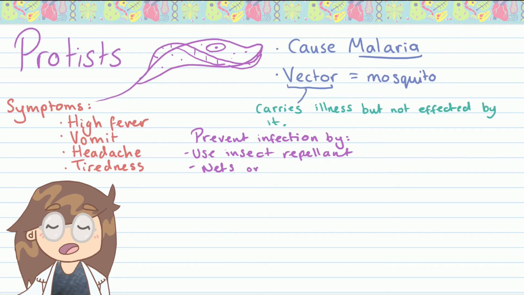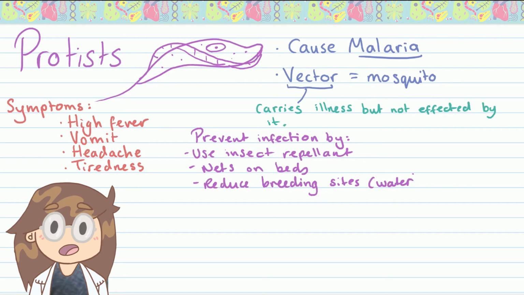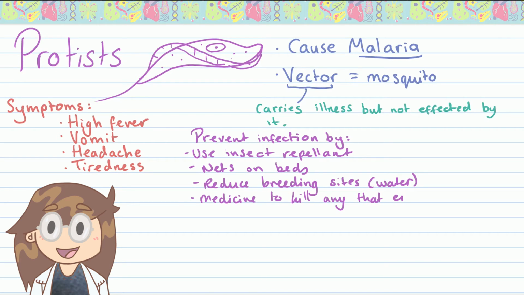So using insect repellent, making sure arms are covered so mosquitoes can't bite you as easily, using mosquito nets at night, destroying places where mosquitoes can lay eggs. They love water, so any areas of standing gross water are like an incubator for mosquito larvae. There are also medicines you can take. So if you've ever been to a country that has malaria, you might have taken these anti-malarial pills. The anti-malarial pills are just a chemical that kills any protists that do, unfortunately, slip through the barrier into your